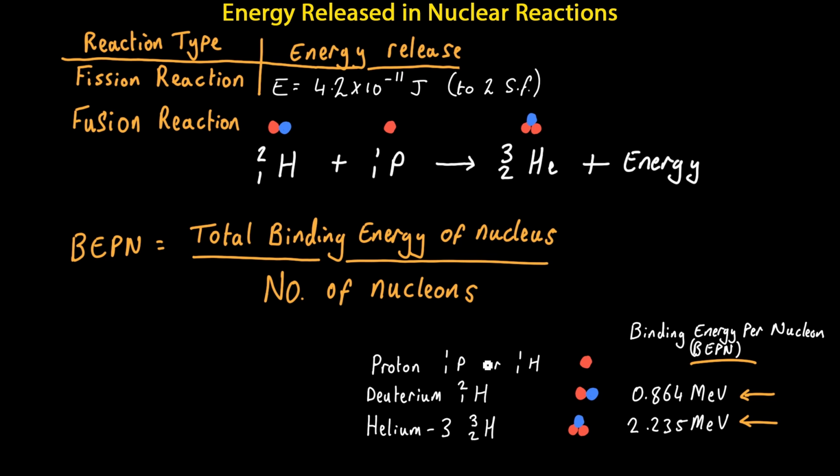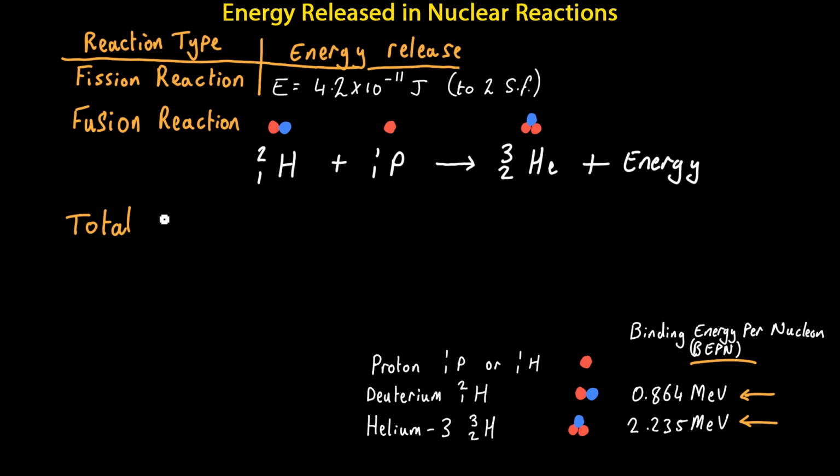So what we actually need here is the total binding energy of the nucleus. We've already got the binding energy per nucleon, and we've got the number of nucleons. We can rearrange this equation to make this total binding energy the subject of the equation. So we end up with binding energy per nucleon multiplied by the number of nucleons in the particular nucleus we're